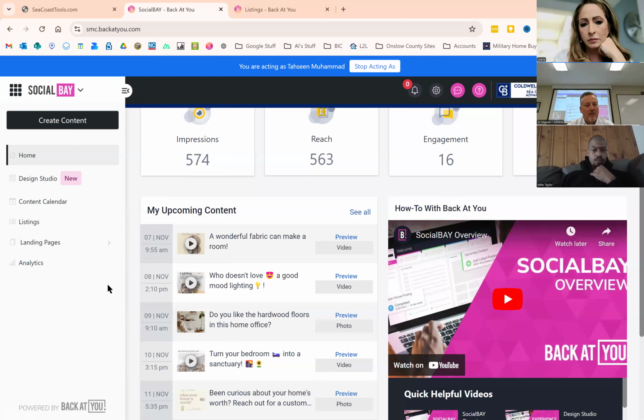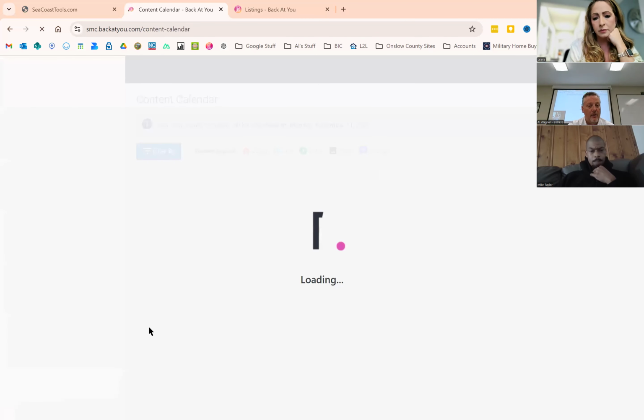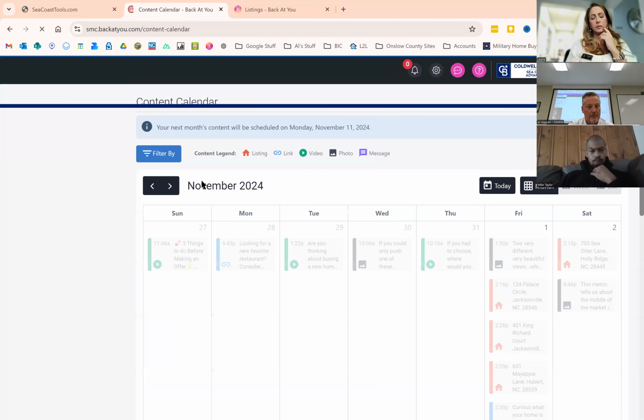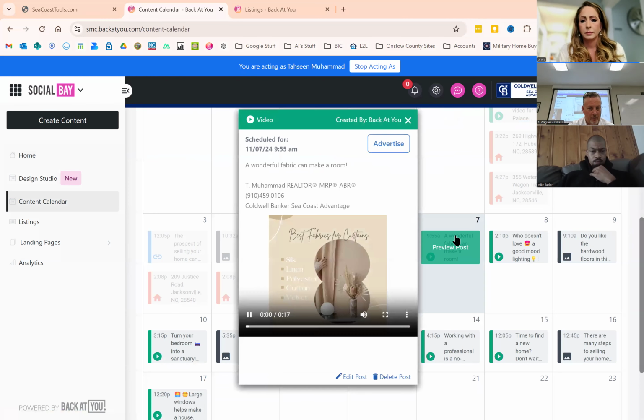Okay? So this content calendar here is also on the left where it says content calendar. If you click that, that actually brings up a whole monthly calendar of what's being posted. It doesn't show you what platform. If you hit preview post, like,